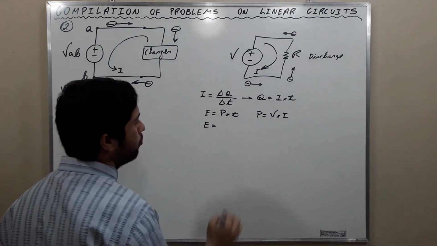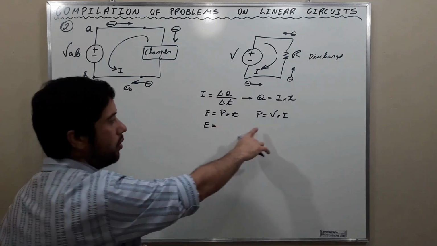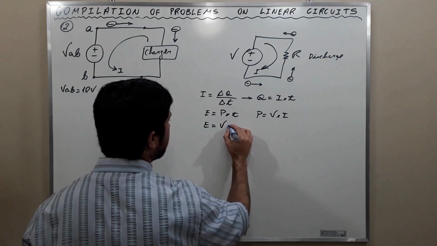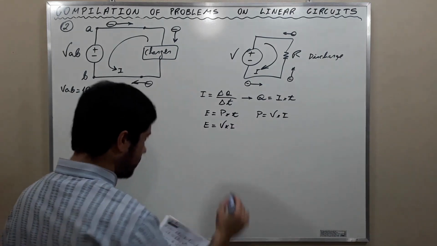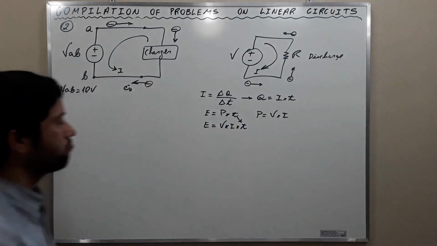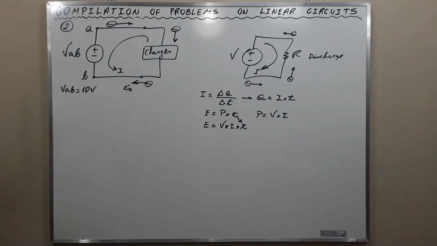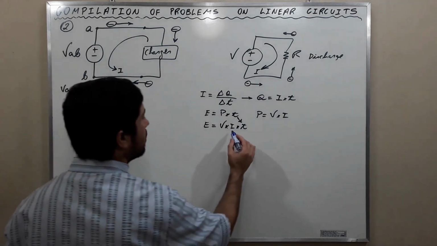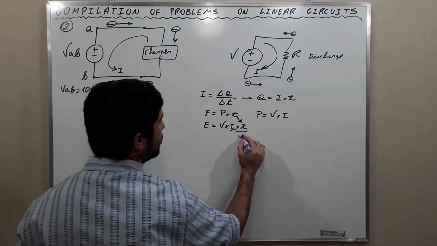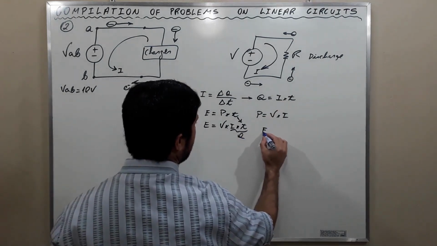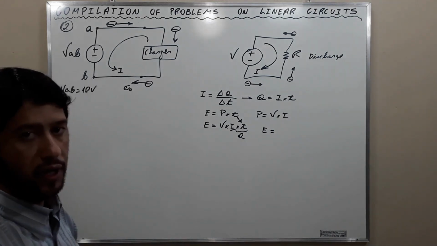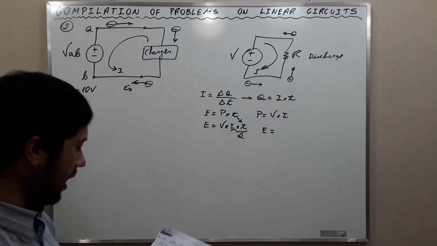Energy is equal to P. Instead of writing P, we write V times I times T. But I times T is equal to Q. And in this way, we have come up with the expression that we are going to use to calculate the